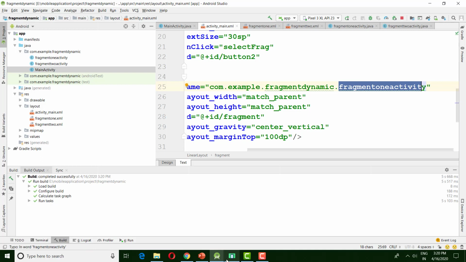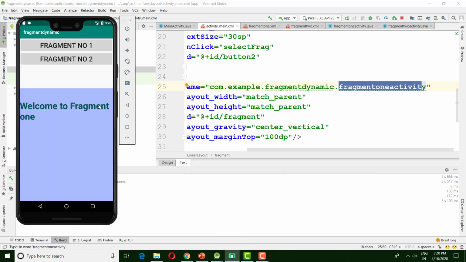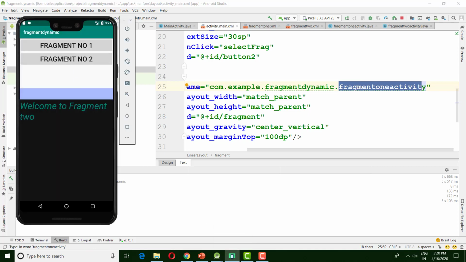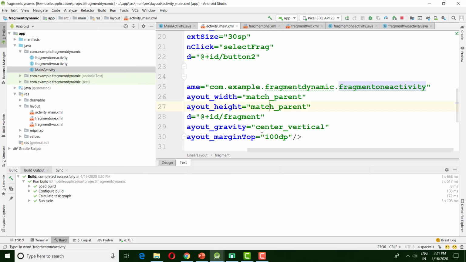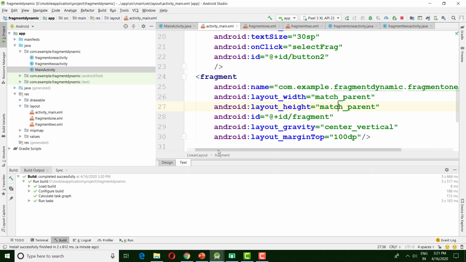Now when we click on fragment number 2, this is a dynamic fragment. Here, welcome to fragment 2. Fragment 2 is defined with a black background and green text. Now again click on fragment number 1. Welcome to fragment 1. So that's all for the dynamic fragment.